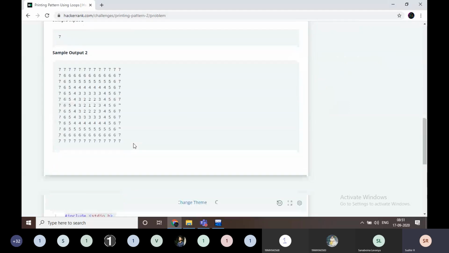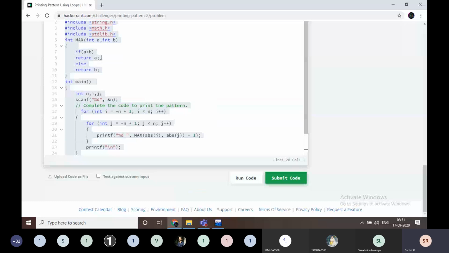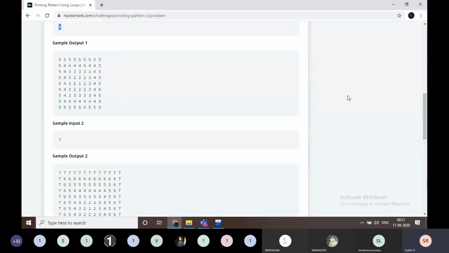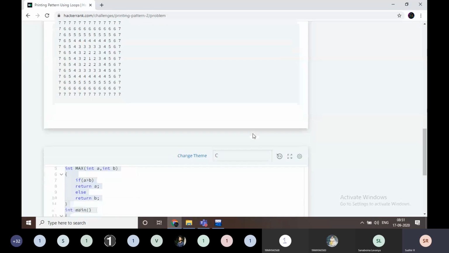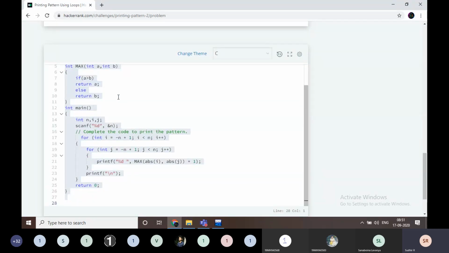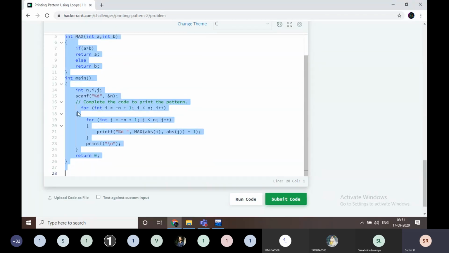Now here some maximum value. Okay, I think I already did this code. The code is already here, I'm going to delete it.